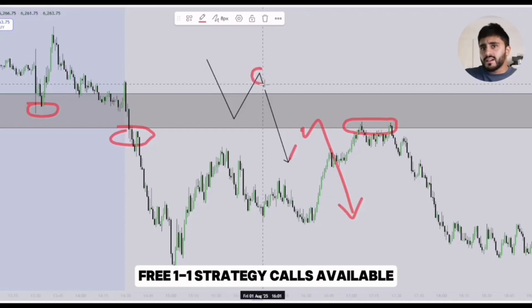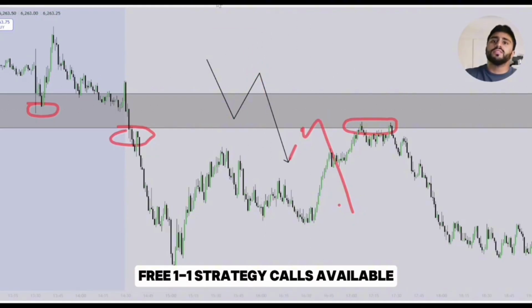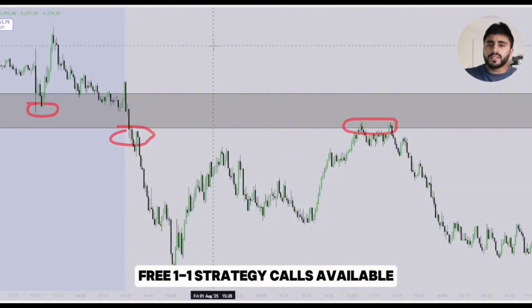But the key to the retest is to understand what was going on in the retest over here. So this is how we're going to be approaching the markets. You want to approach every market by understanding who is in control